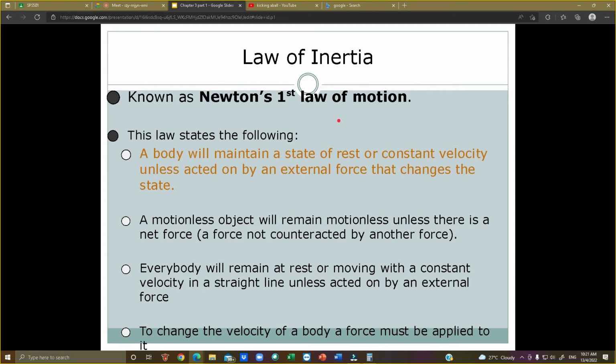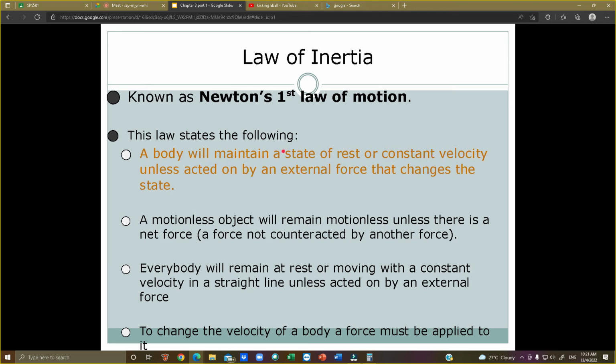A body will remain equal unless we put a force on it. Tu maksud dia. A body will maintain its state of equilibrium, both static and dynamic, unless we put an external force towards the system. When we put external force to the system, there is acceleration. When that happens, there is no equilibrium because acceleration disrupts equilibrium. Ni adalah Newton law yang pertama. Okay, it talks about equilibrium.